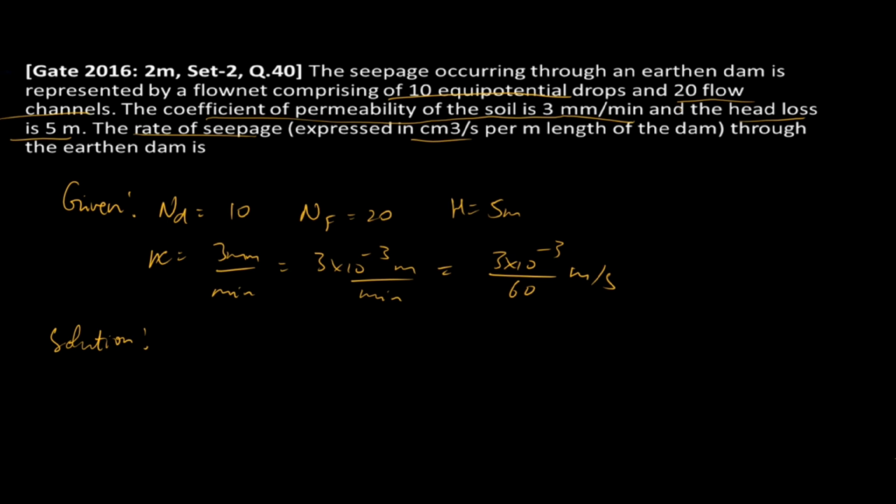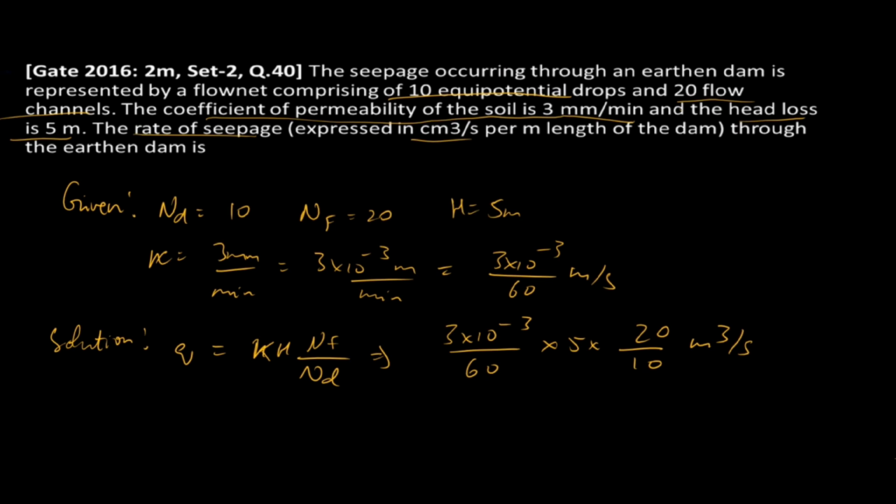So we know that q equal to kh nf by nd, which is 3 into 10 to the power minus 3 by 60 into head loss, it is 5 into nf by nd, which is 20 by 10, meter cube per second per meter length of dam,